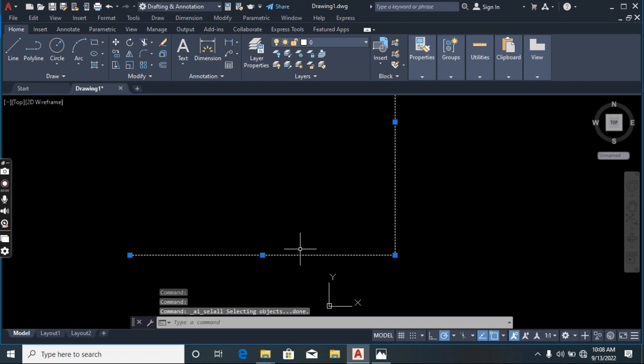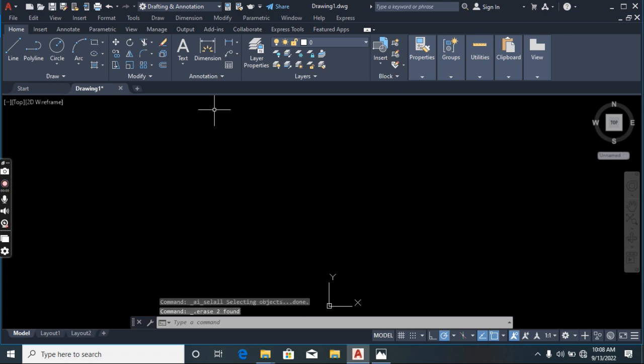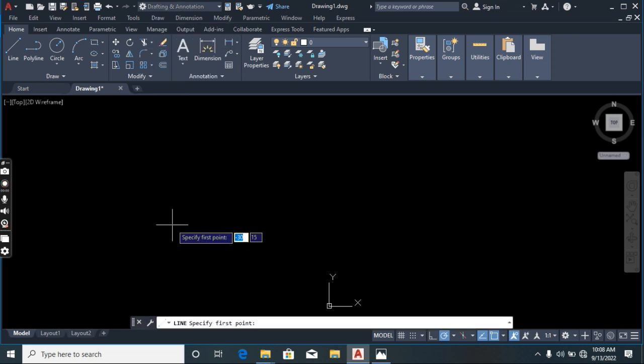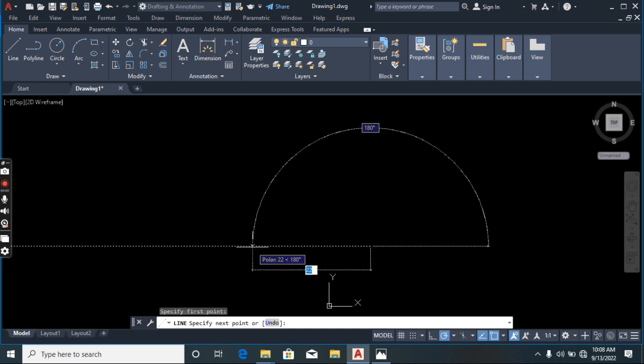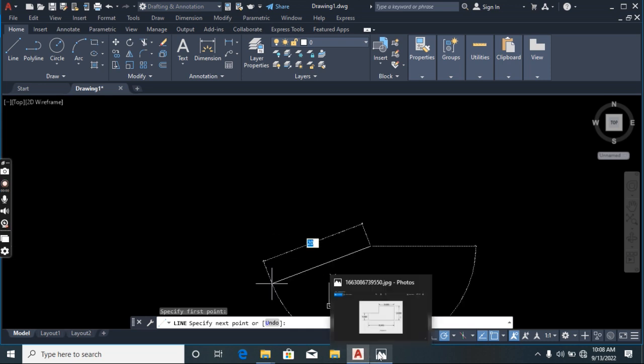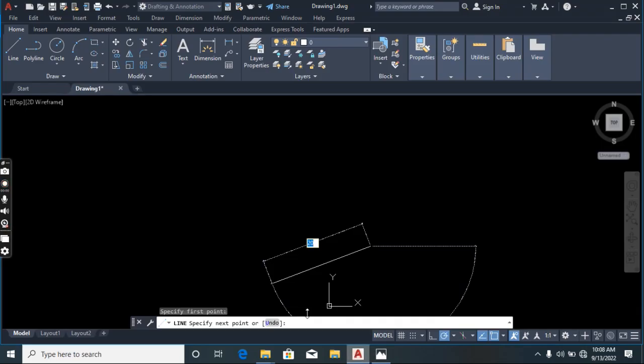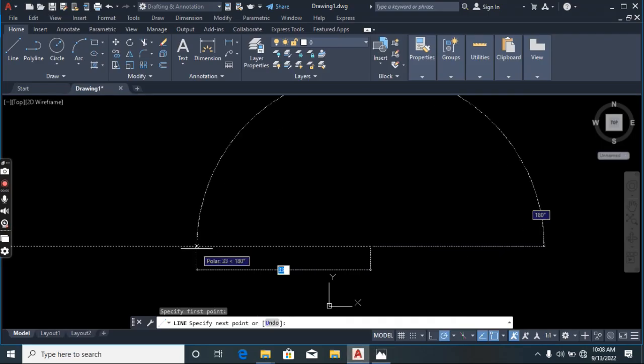Let's take it again. I think we made a mistake. We pressed that 50 twice. Okay, be careful. Pick a line. Let's say we want to start from here, and what is this saying here? It says 50. Okay, yeah, it's 50. I made a mistake. I repeated the same 50 there. So this is 50,